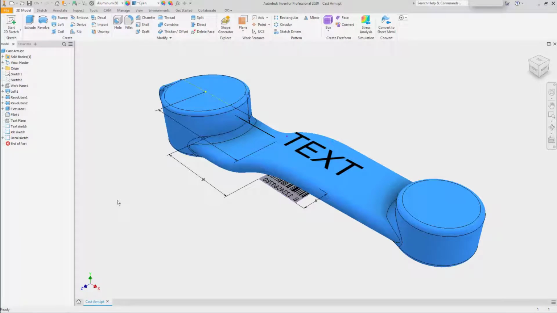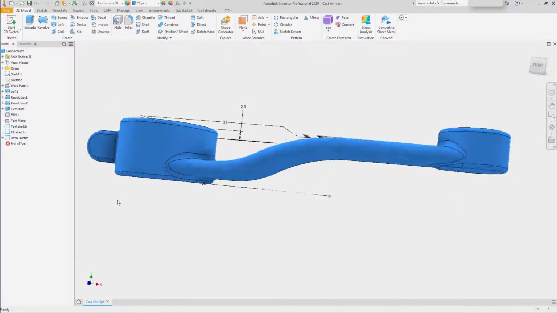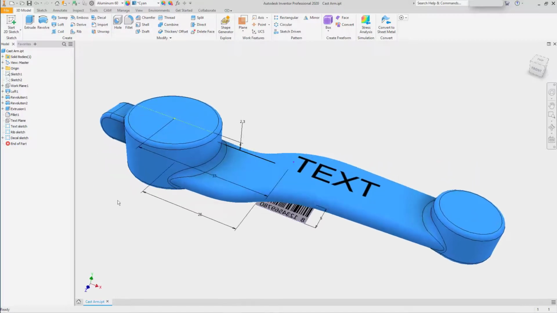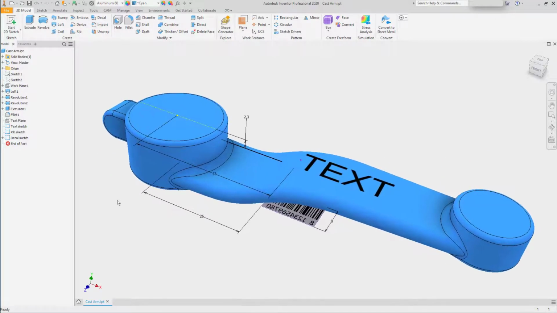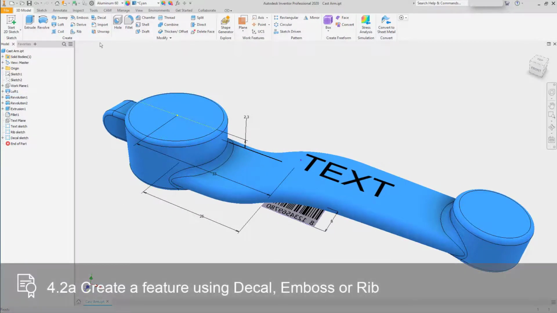A part model frequently needs features that either are more complex than your typical extrusion or revolution, or can be more simply created using other tools. Taking a look at the model, we see we have a few sketches on the screen. The first we'll address is the text. We'll use the Emboss tool